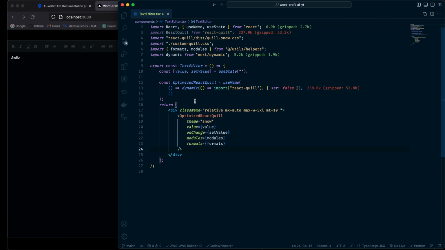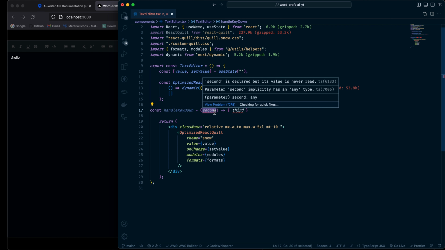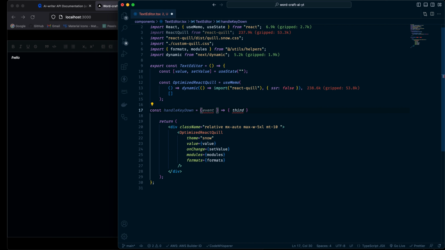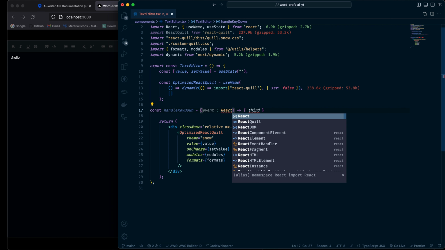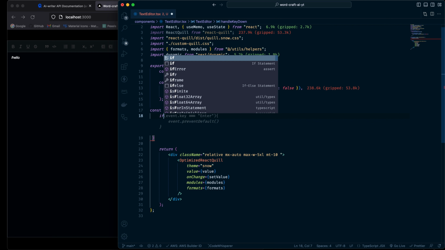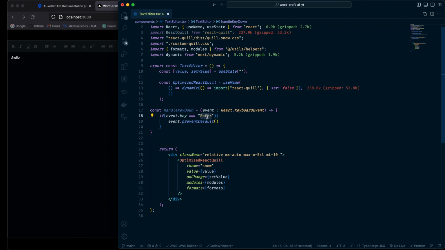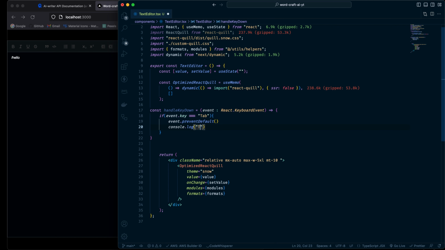So in order to do that, let's create a function called handleKeyDown, and we'll have an event which will be React.KeyboardEvent, and inside here, if the event.key is Tab instead of Enter, let's console log out tab hit,